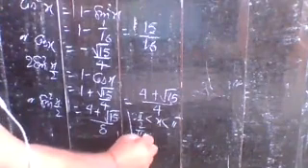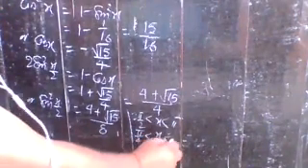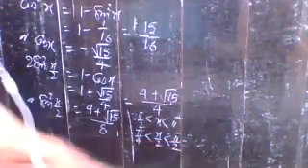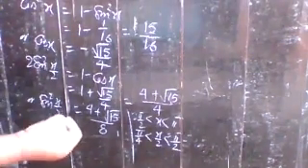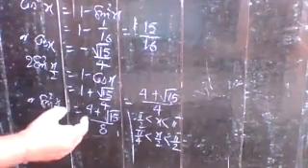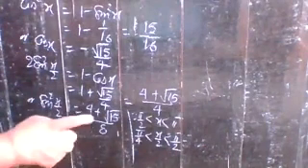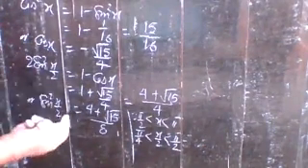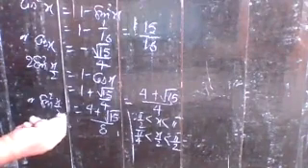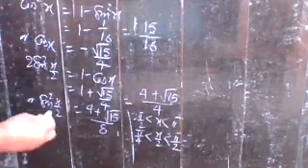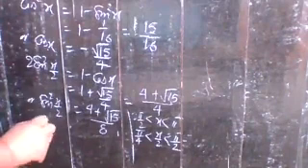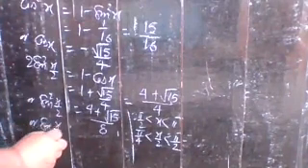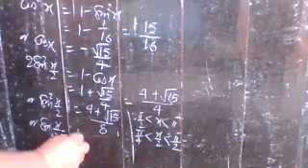Here you have pi by 4, here you have x by 2, and here you have pi by 2. So x by 2 is greater than pi by 4 and less than pi by 2, which is the first quadrant, and in the first quadrant all functions have positive sign. So sine x by 2 is equal to plus root